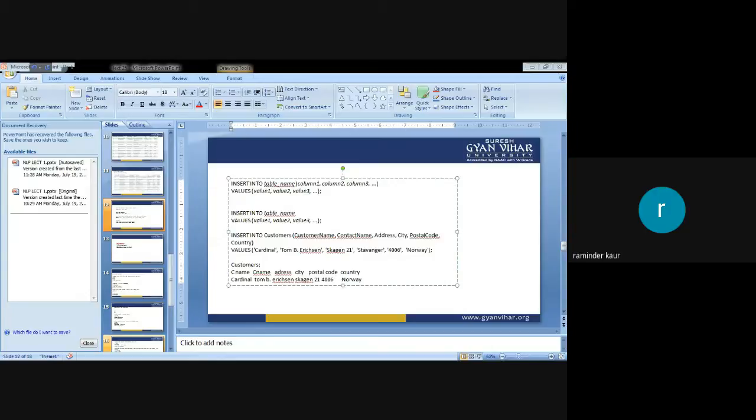Now we are supposed to deal with how to test for null values. It is not possible to test for null values with comparison operators such as equal to, less than, greater than, or not equal to. So we will have to use the IS NULL or IS NOT NULL operators instead. So, IS NULL syntax and IS NOT NULL syntax: if the column name is null, if the column name is not null.